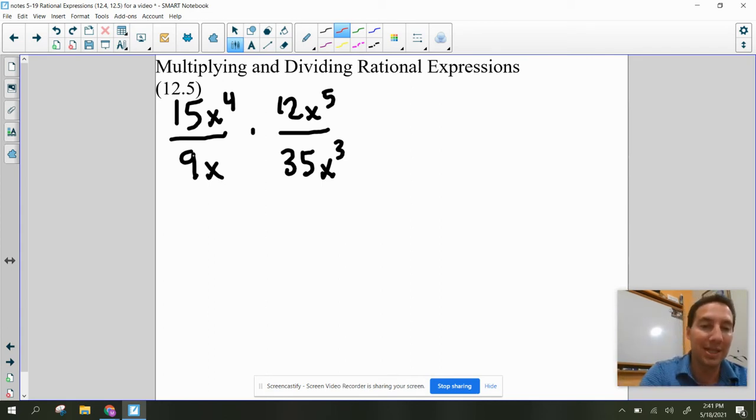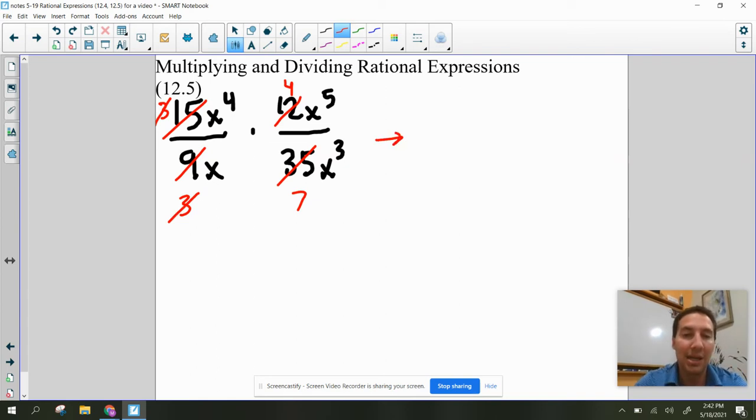So, for example, I see that 9 and 12 can reduce. 3 goes into 9 3 times. 3 goes into 12 4 times. I can do 15 and 35. Divide those by 5. This would be 3, and this would be 7. I also can cancel out these 3's. See the 3 on the top and the bottom here? Those just go away. So then when you simplify that, my coefficients turn out to be 4